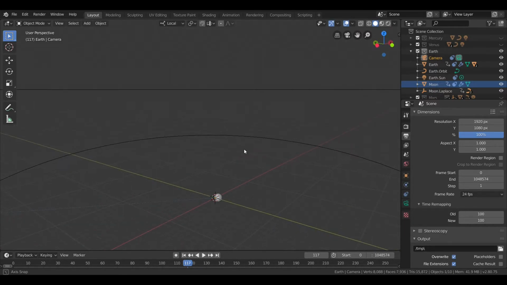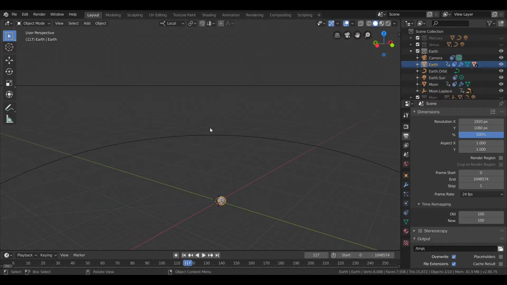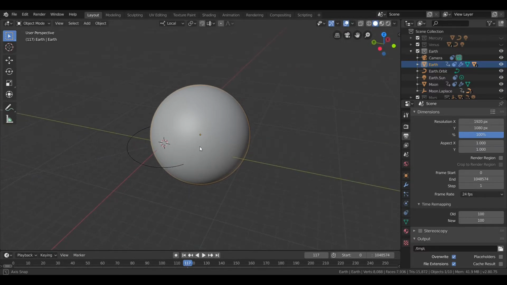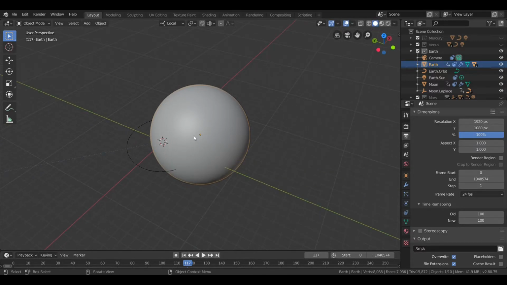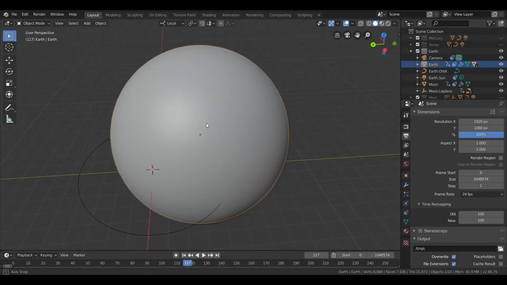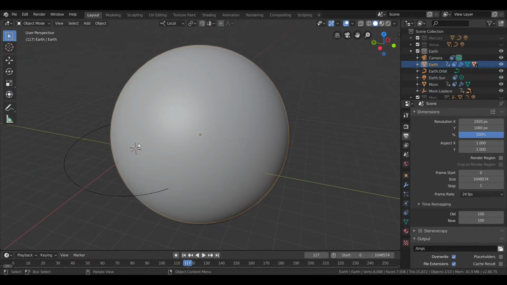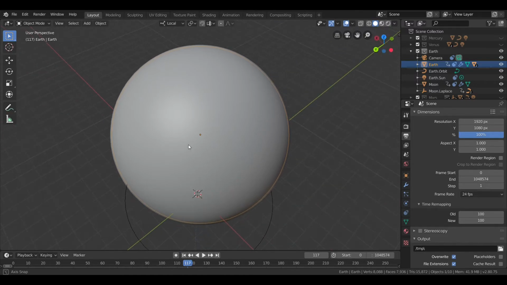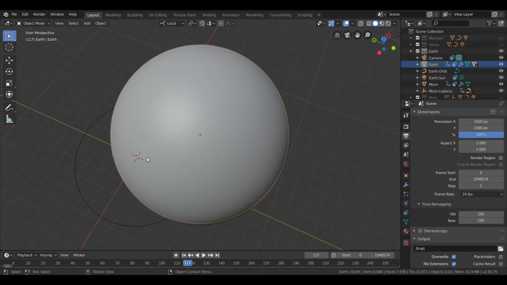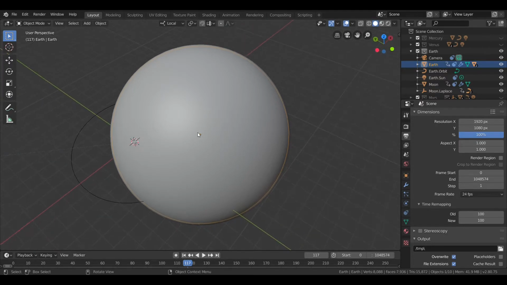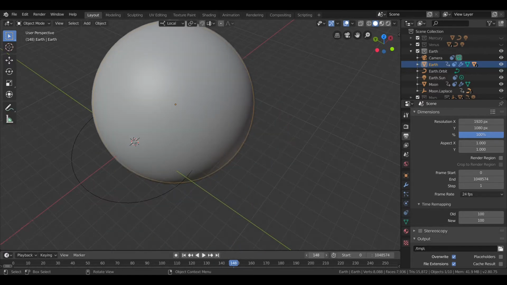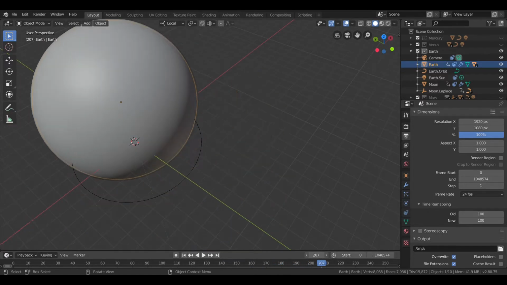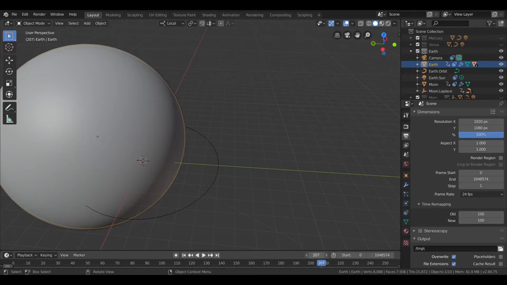Another thing I'd like to talk about is the barycenter between the Earth and the moon. The barycenter is essentially the center of gravity between two objects, and the moon is large enough compared to the Earth and far enough away that the barycenter is considerably far away from the center of the Earth. So, as you can see, as the moon orbits, the Earth also seems to wobble around that point.